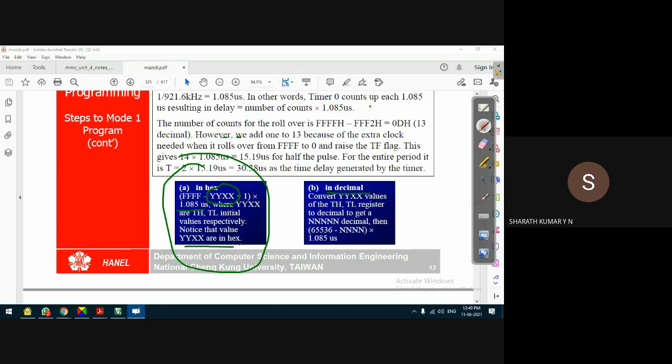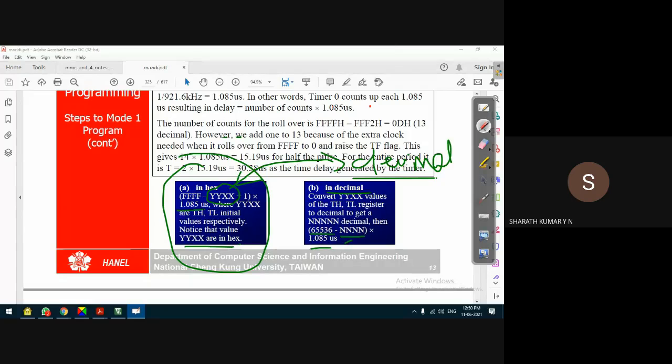In the decimal method, what we do is very simple. Convert this initial value into a decimal value, represented as NNNN. This decimal value, which is the equivalent of the hexadecimal initial count, is subtracted from 65,536, into 1.085 microseconds.